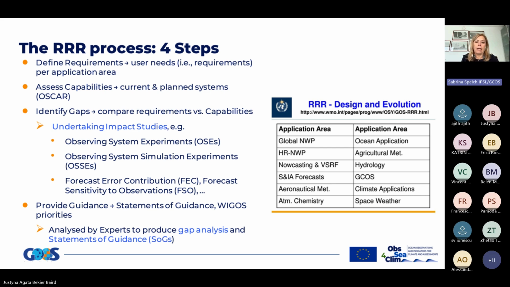So there is production of a statement of guidance, called SOG, for each application area, and it provides priorities for future observing system evolution under this WMO Integrated Global Observing System, alias WIGOS. So in terms of comparing and identifying gaps, maybe I can introduce how it is usually done in numerical